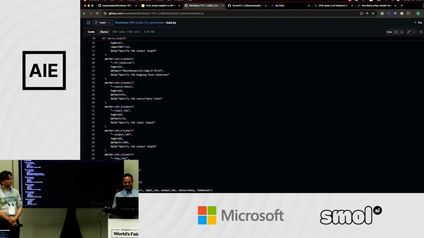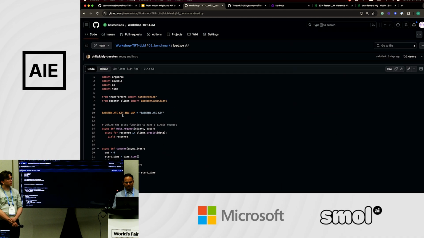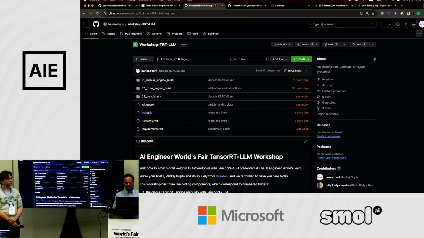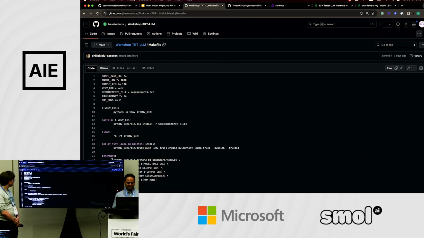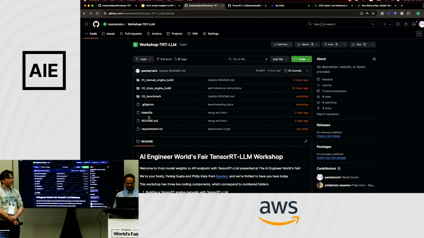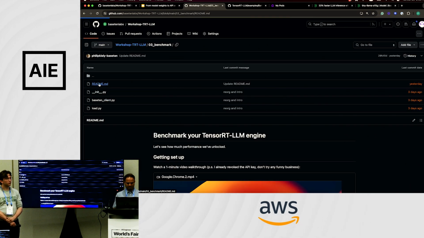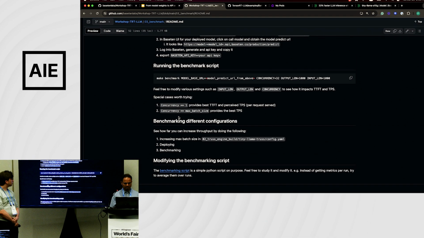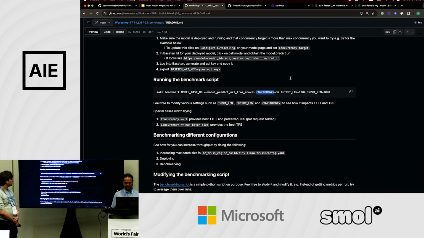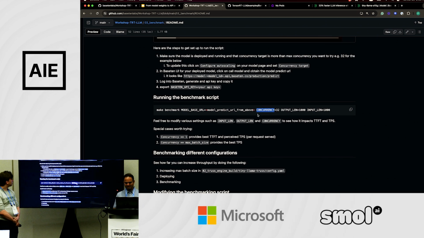So I'm just going to run that script, and it's all in the benchmark repository. It's all structured using makefiles, and there is a makefile target for benchmark that we're going to use. And I think the README should also have instructions on that. So we're basically going to run this. And we're going to need the base URL. You need two things. We need to export the API key, and then we need to supply the URL.